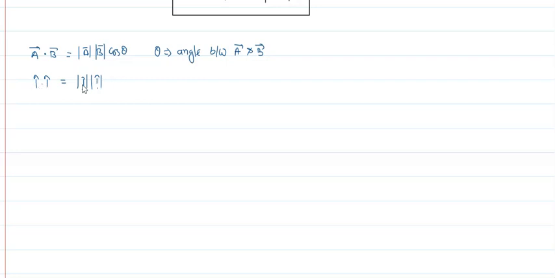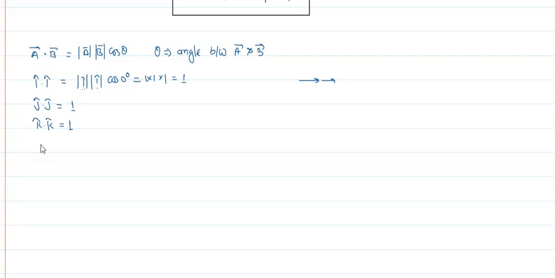What is the angle between these two vectors? Both show the x-axis, so both are in the same direction, so the angle is 0 degrees. Is it fine? Yes, sir. So this is 1 into 1 into 1, which gives 1. In the same manner, j dot j gives 1 and k dot k gives 1. When we take the product of a unit vector with itself, it is equal to 1.